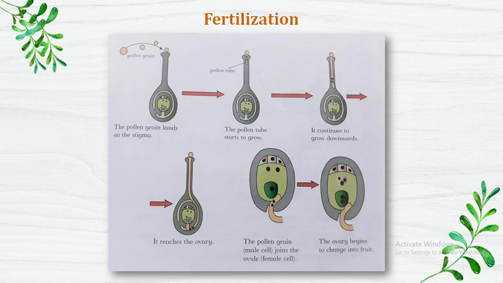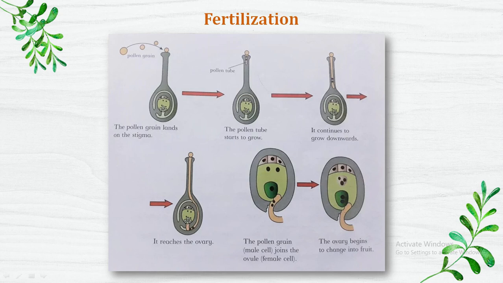After the falling of pollen on the stigma, the process of fertilization starts. Like you can see the process of fertilization here. Initially, the pollen on the stigma starts making a pollen tube along the style, through which it can pass and reach the ovule inside the ovary. And in the ovary, the male cell, pollen, and the female cell, ovule, combine together and make a new seed.